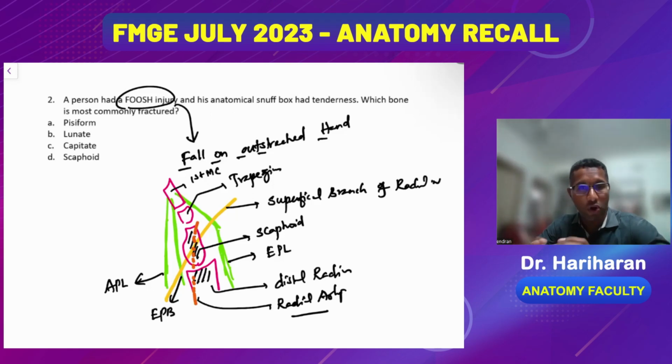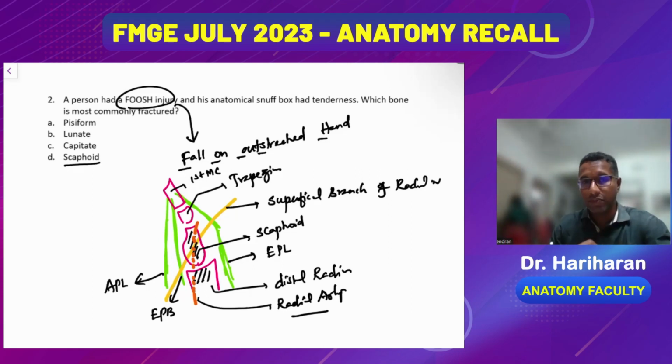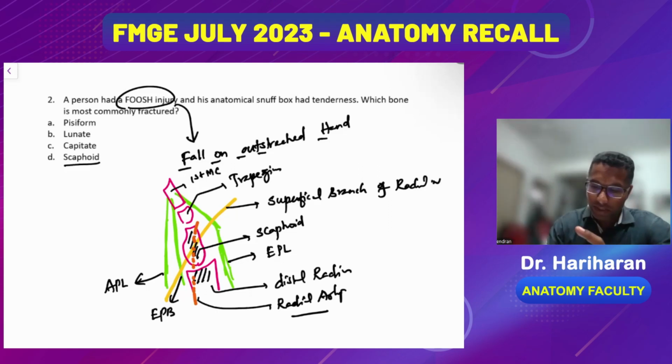Most commonly, the scaphoid bone is the one which gets fractured in this area, and the tenderness noted in the anatomical snuffbox is usually related to the scaphoid fracture. Okay, so the answer is very simple. It is scaphoid fracture. And always, guys, please remember, scaphoid fracture is one fracture which is more prone for non-union,